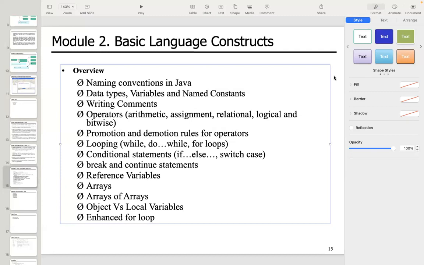Before that, whatever source code you have written, whatever classes, files and folders you created, everything you have written,